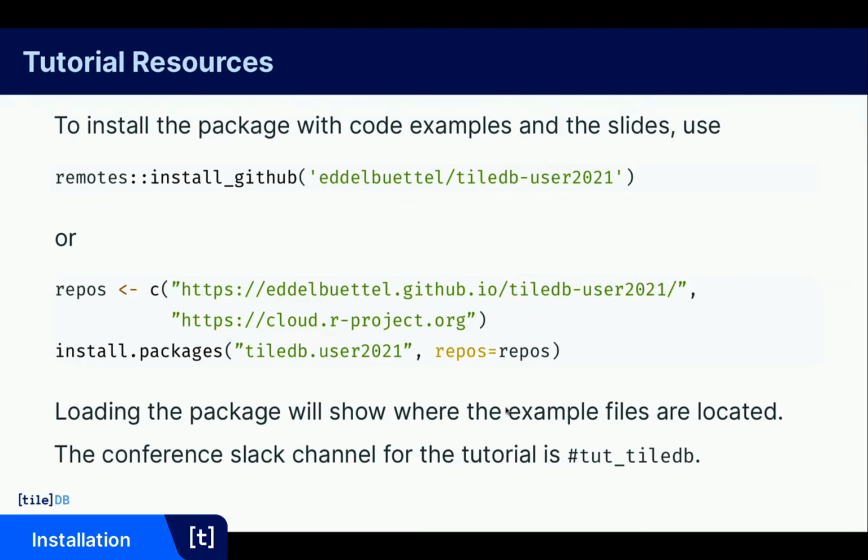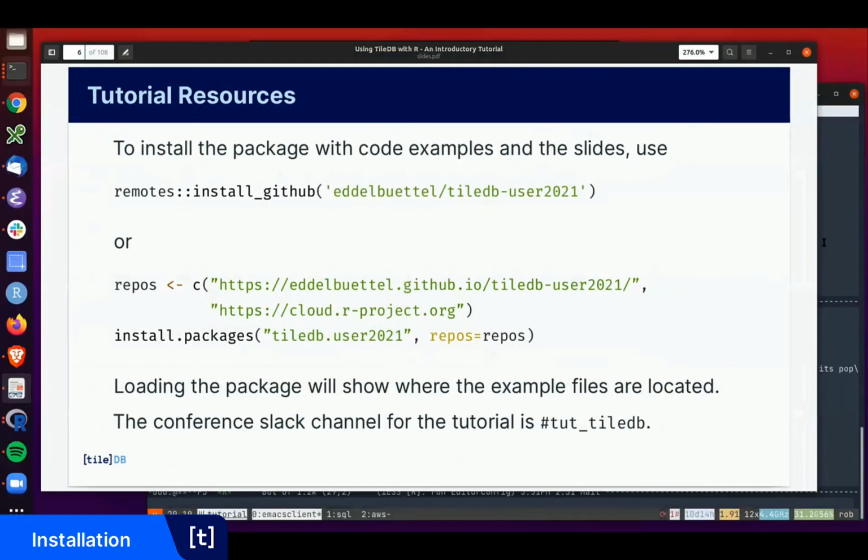When you then do library on the installed package, it will just show you a little welcome message and, for example, tell you where the examples directory are. That's just the per package example directory. And with that, maybe I'll do a first